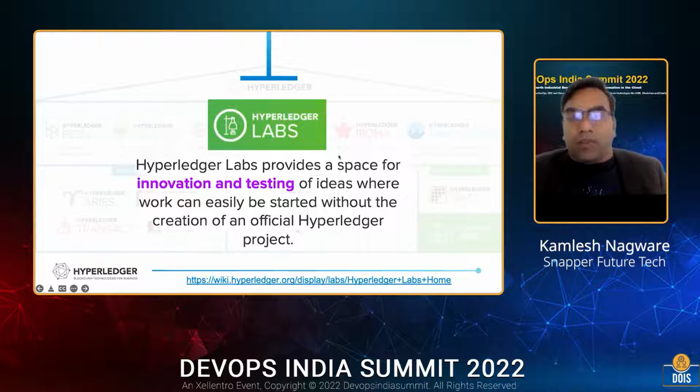And then there are a number of different libraries, labs, and innovation happening, with ideas which could be contributed, suggested, or initiated by any community or any people who are building something and want to make it open source or give back to the community. That could be the first stage, the Hyperledger Labs. Technically all these Hyperledger projects get started with Hyperledger Labs. Many projects, like Caliper, Bevel, and Aries, all started as labs and have now become full-fledged blockchain frameworks in the Hyperledger community.